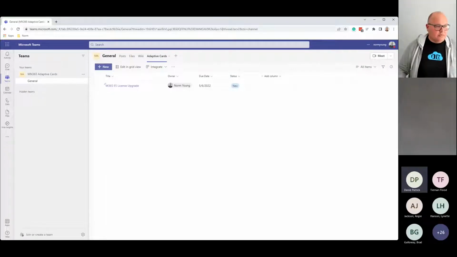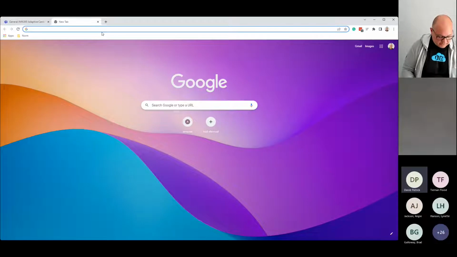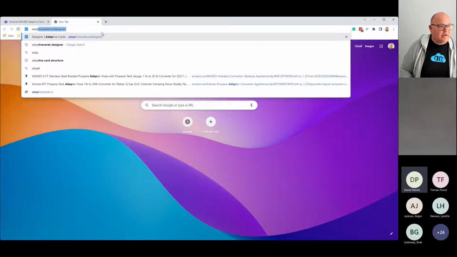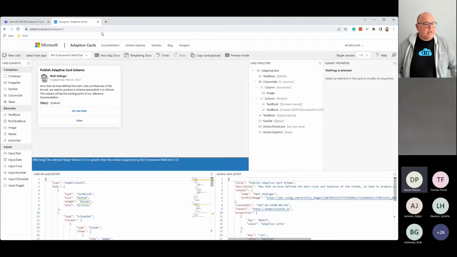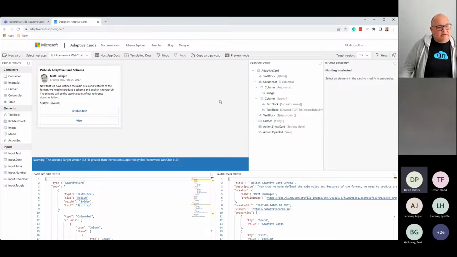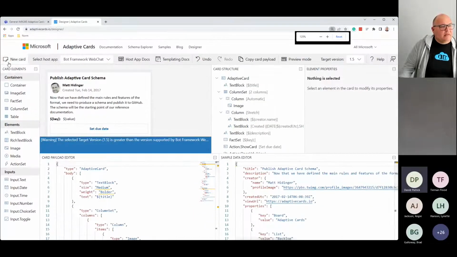So let's go into the Adaptive Cards Designer and build our first card. So I'm going to go to Adaptive Cards Designer. Okay, so let's take a few moments and look at the designer again. I'm going to zoom in. New card. This is where we're going to go